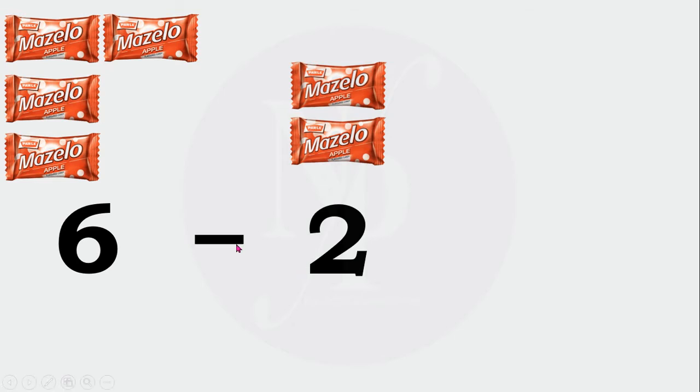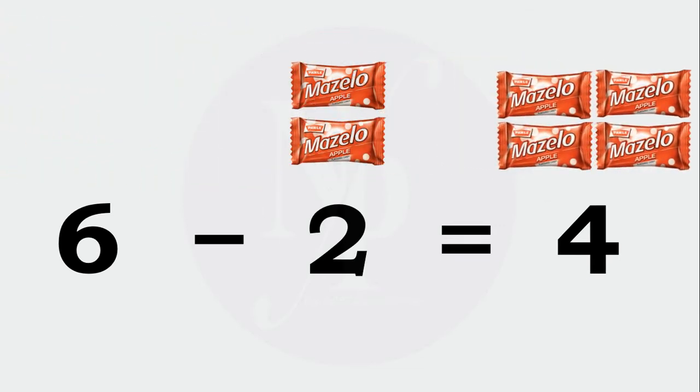That is represented using numbers and symbols as 6 minus 2. You had 6 chocolates with you, and you give me 2 chocolates. After giving me 2 chocolates, how many chocolates do you have with you? You will be having 4 chocolates with you. So in maths we will write this statement. The objects may be anything. Those may be chocolates, pencils,